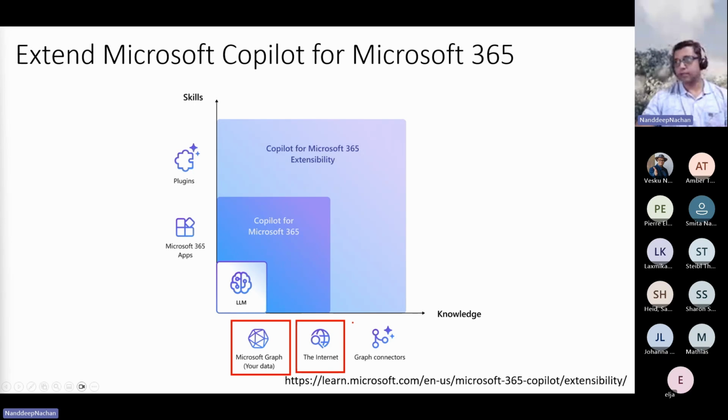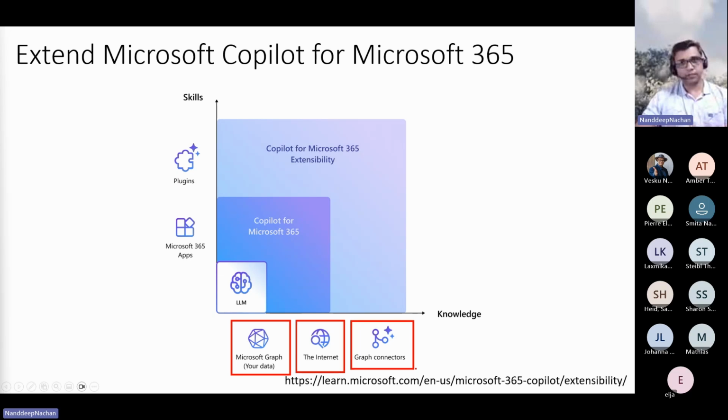Copilot, in that case, you can go ahead and create something called a graph connector. So in a nutshell, this graph connector will help you bring the external data into your organization data so that you can index that data and use it. Simple examples: if you're using ServiceNow kind of services to work on the incidents or maybe tasks,